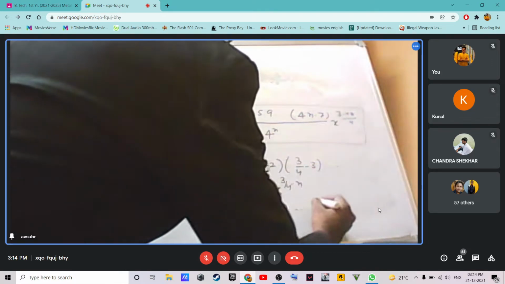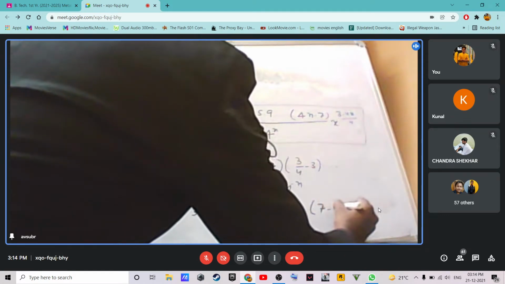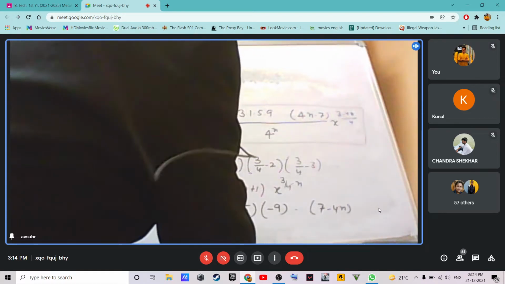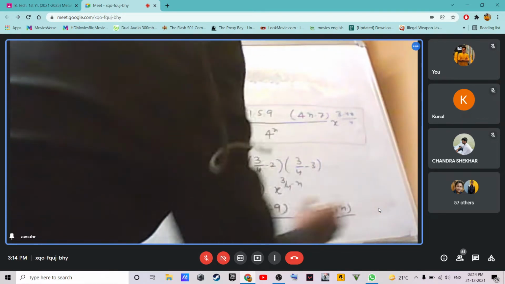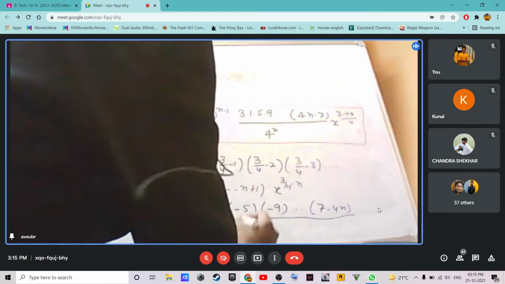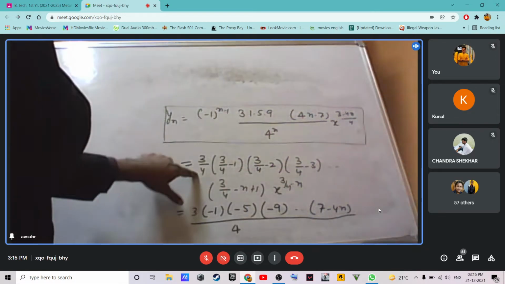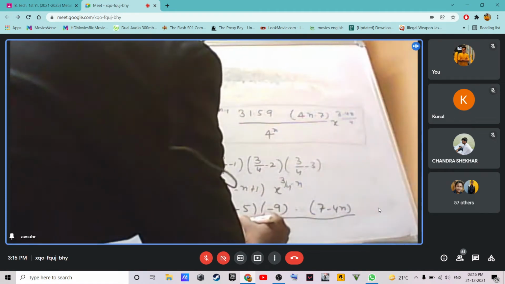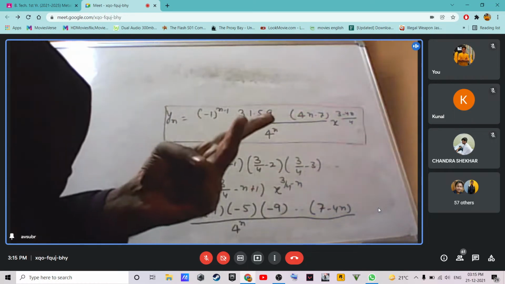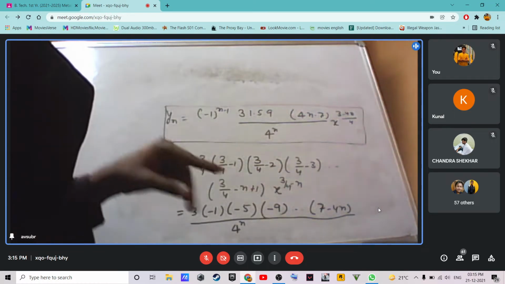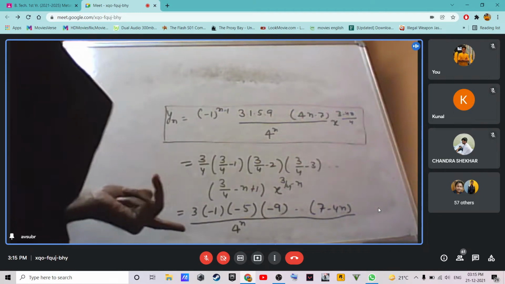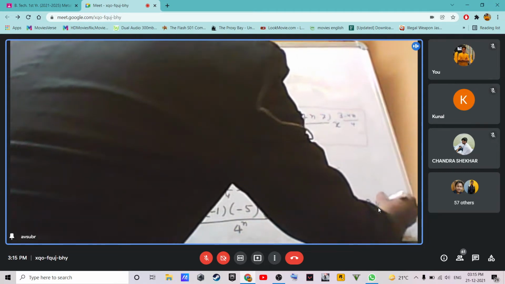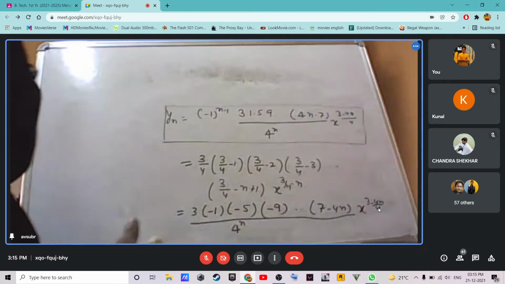And if I solve this, the power of x will be 3 minus 4n, divided by 4 multiplied n number of times, because this is 1, 2, 3, 4 like that. N number of times we are multiplying, so 4 to the power n. So if n is equal to 2, it will be 16. If n is equal to 3, then it will be 64 and so on and so forth. And x to the power 3 minus 4n by 4. Just we solved it.